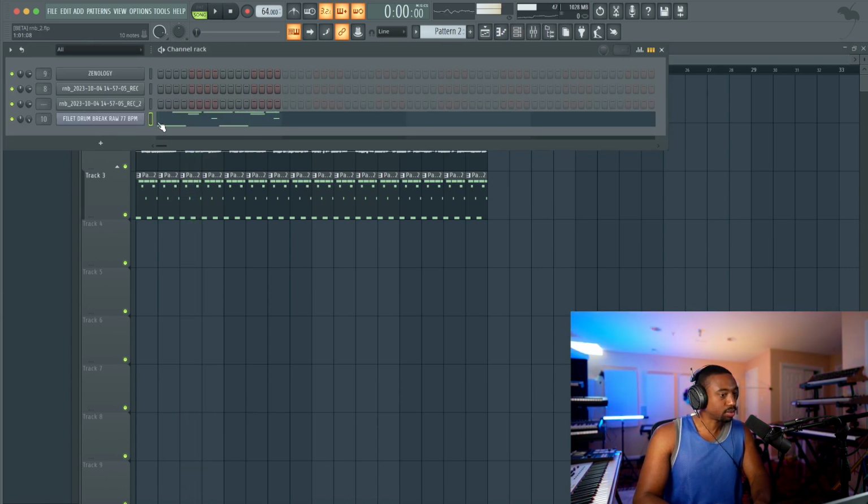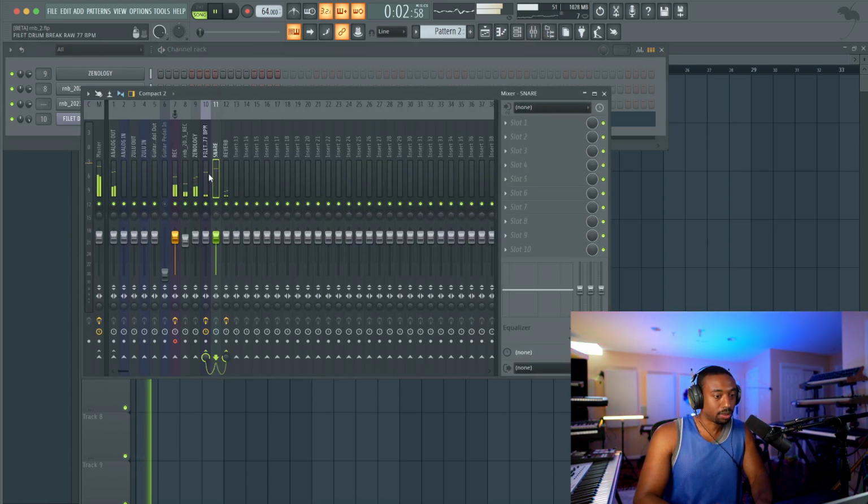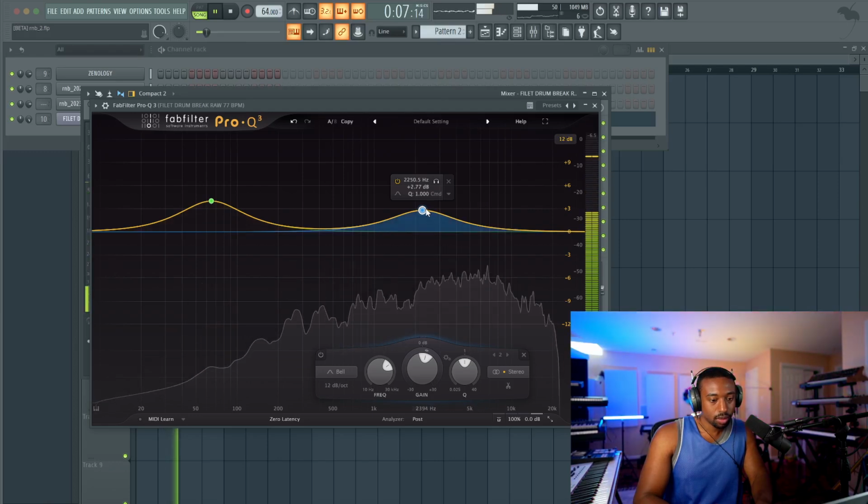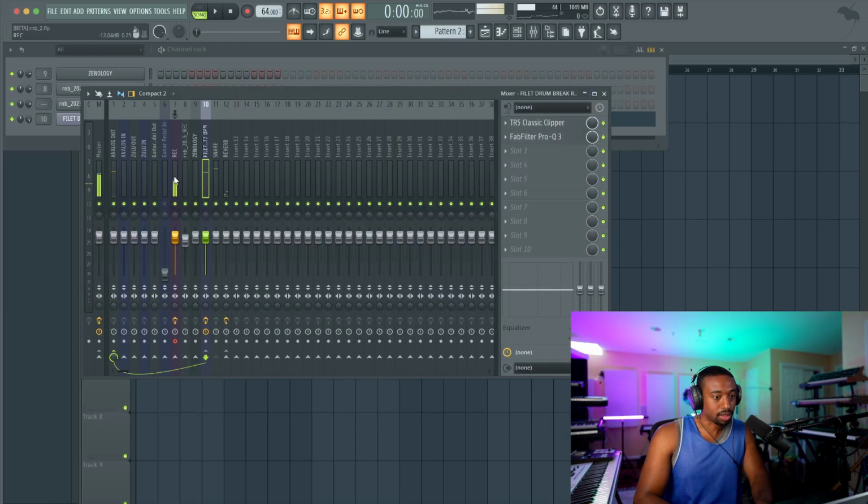So that snare reverb is important to this vibe. Now, if you don't like the kicks from the record, you could always layer that with a synth kick that has a little more vibe to it. So I'm going to get rid of this EQ because the snare's over here now.